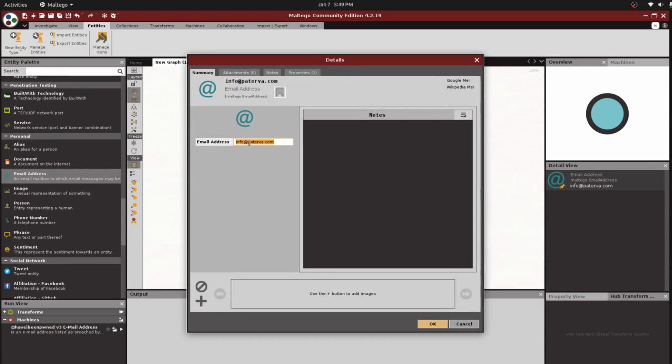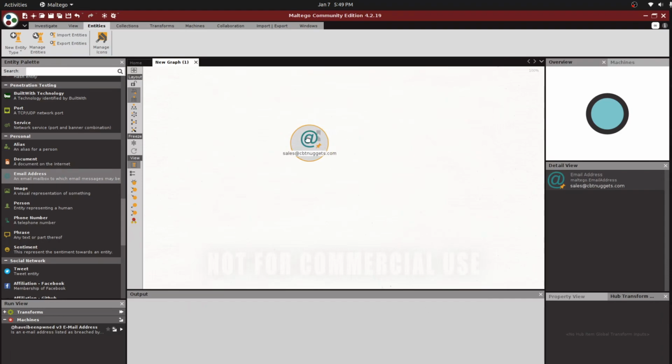So this is a predefined email address. I'm going to remove that. Instead, I am pasting this sales at cbdnudgets.com. Now I have given this particular email address. I need to collect further information by using this tool. This is the use case now. I mean, this is the requirement objective now. Now I'm clicking OK. Now I added the email address.